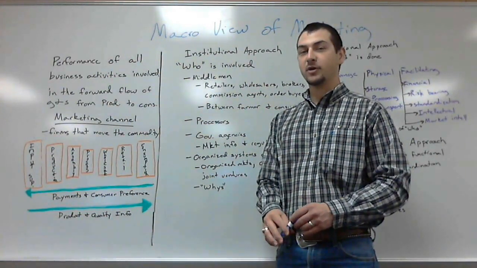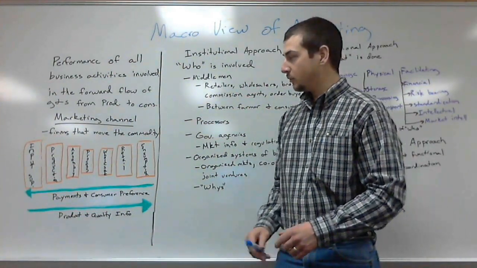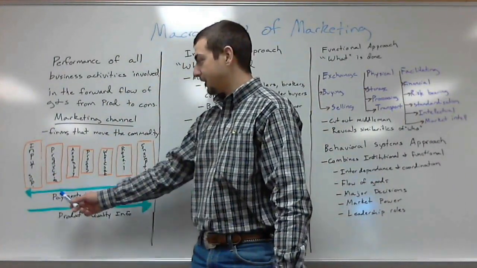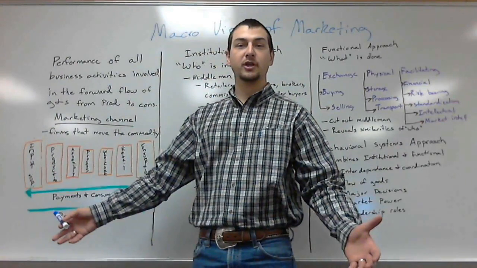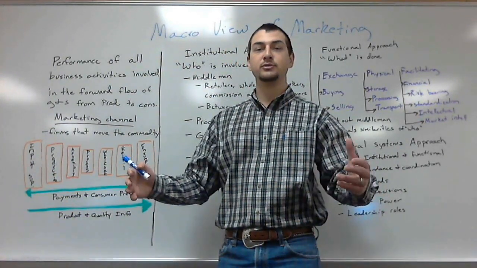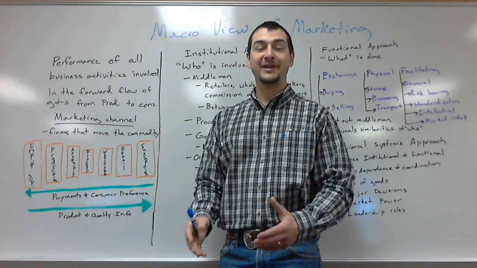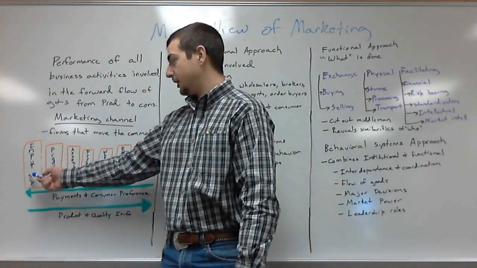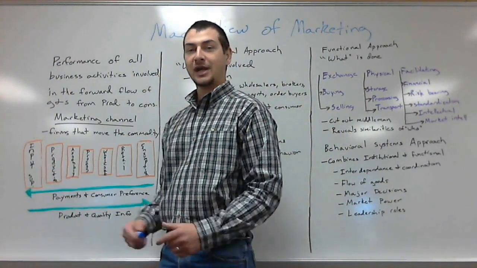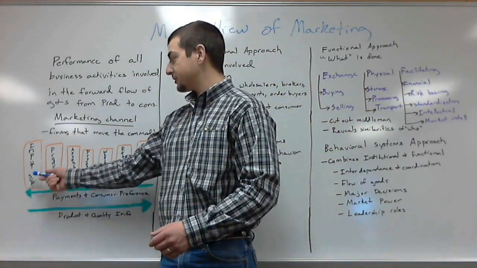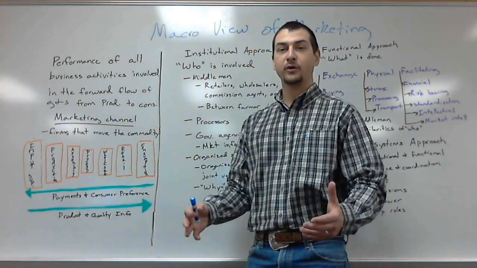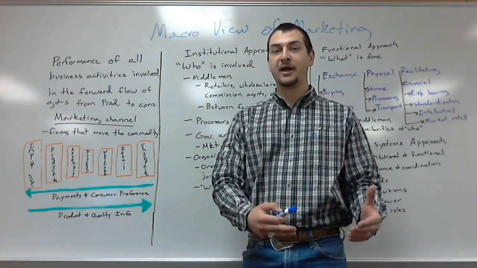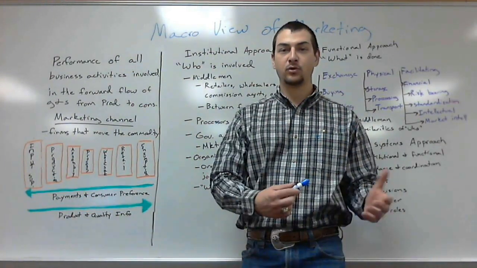But whenever we look at this marketing channel, we include one more. We include the input suppliers as well. So if we look at this marketing channel, we have the input suppliers. Those are like the John Deeres of the world, those agricultural companies that provide to the farmers. So we have like John Deere, Monsanto, those type of individuals. These could also be insurance agents and folks that insure and take on that risk-bearing aspect of agriculture.